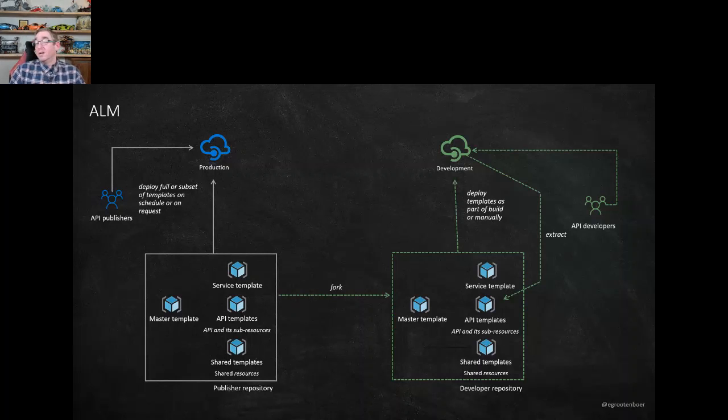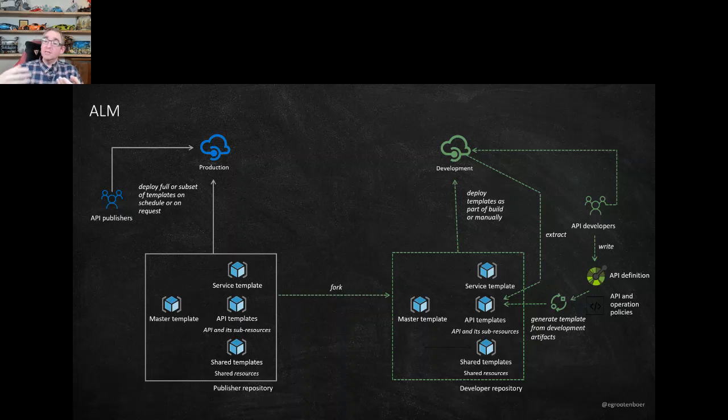That's one option. The other option they have is they say, okay, I'm going to build my API, and actually just create an OpenAPI definition out of this. And if they have the OpenAPI definition, they can use another tool called the creator. And this will generate those templates from the API definition. So depending on how your API developers want to do this, either configure it in the portal or just make that API definition, they have two options to create those ARM templates.